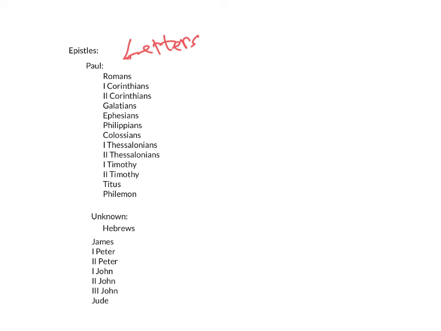We have a letter he wrote to a guy named Philemon. Philemon was the owner of a slave who had become a Christian, probably converted by Paul, and the slave, whose name is Onesimus, was afraid to go back home to Philemon because he had run away, and the owner of a slave could do terrible things to a slave who'd run away. So Paul wrote a letter to Philemon, perhaps it was to be delivered by Onesimus, reminding Philemon that as a Christian, he has a duty to his slave that exceeds that of the law. Interesting little letter, very short, but interesting.